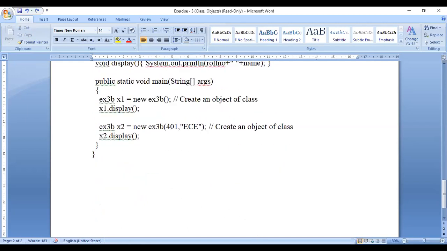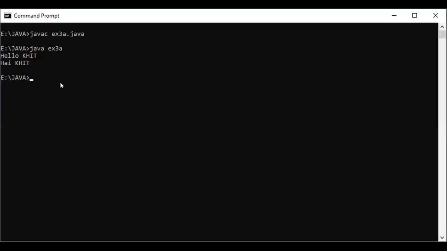So coming to the execution part of this one, what is the file name? javac space ex3b.java. It shows whether there are any compile errors.